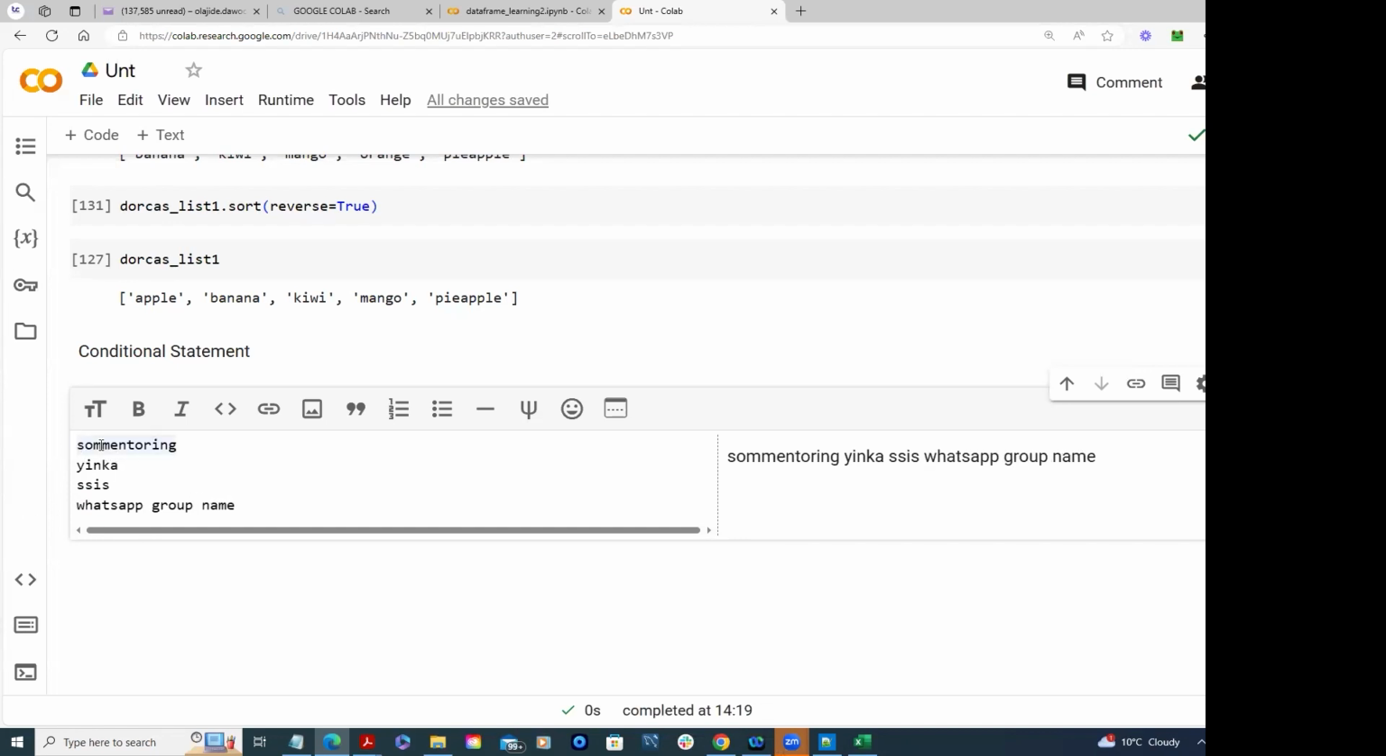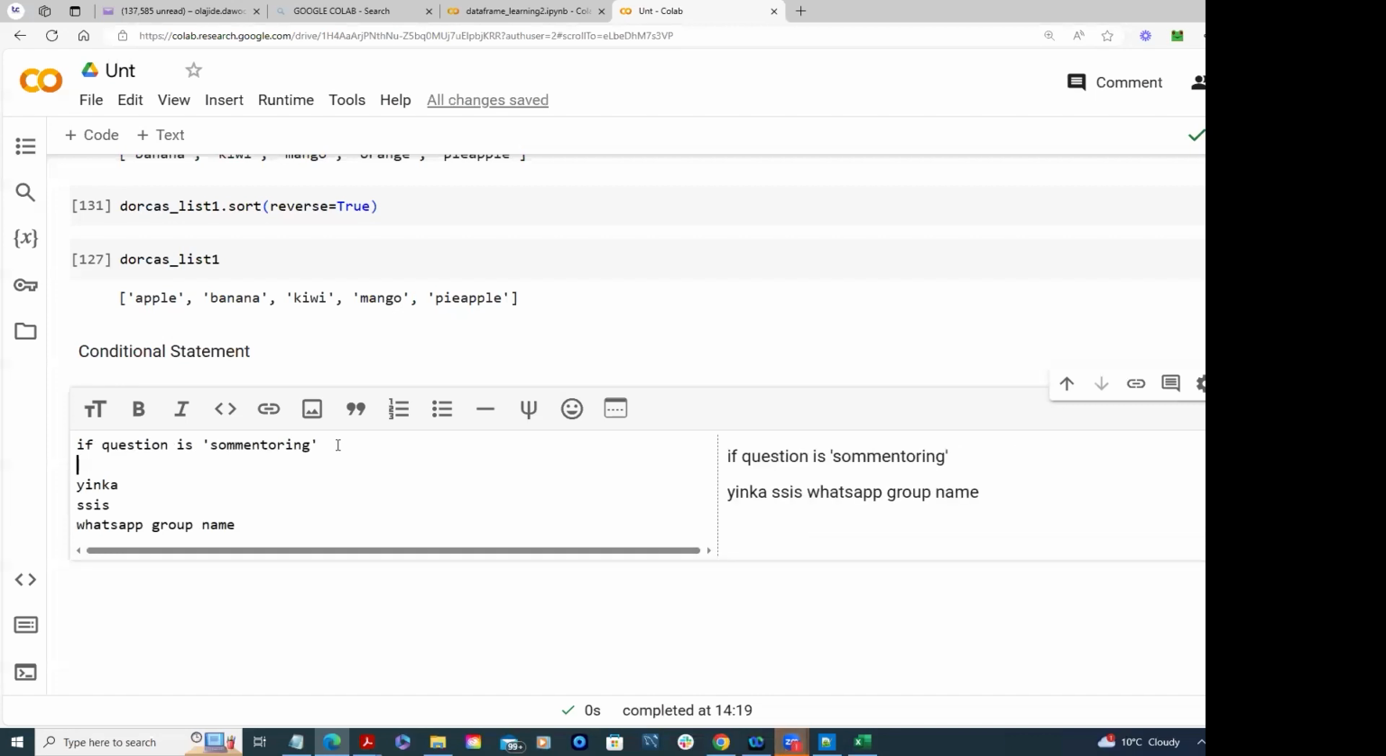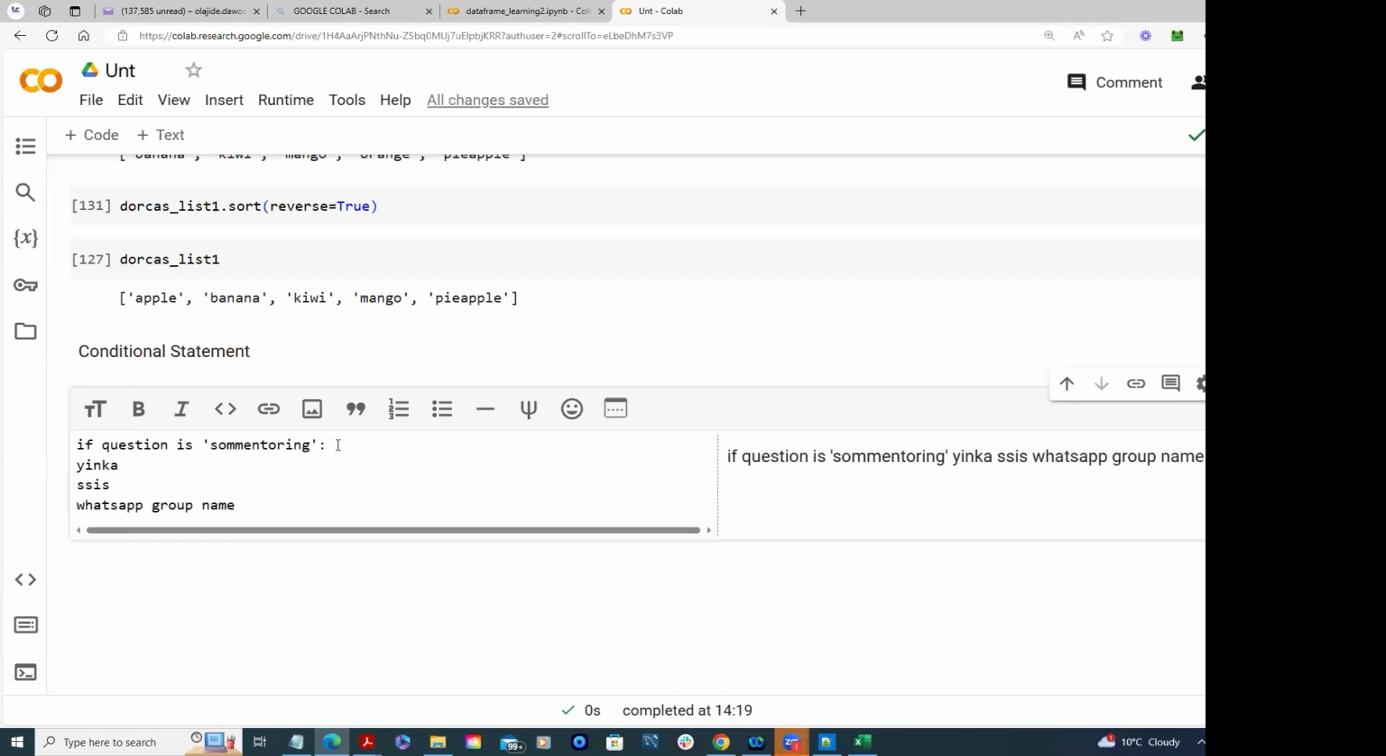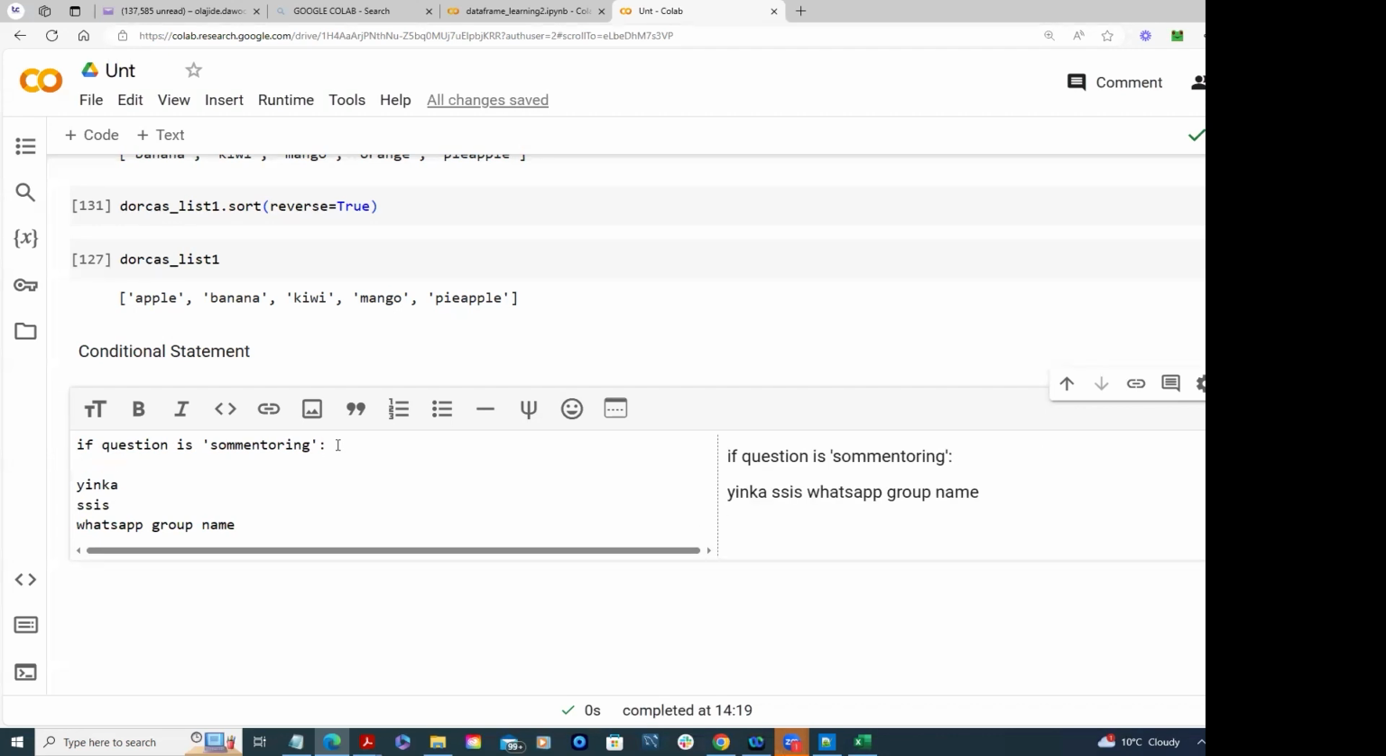You can say, if question 1, maybe you're asking the person the first question, if question 1 is SOM mentoring, then you go to the next level. That's what opens room for other questions to check all the conditions. If the person passes all the conditions, then you can say, congratulations, I'm going to give you this money. If question 1 is SOM mentoring, and if question 2